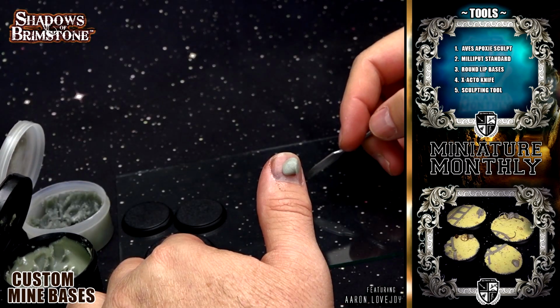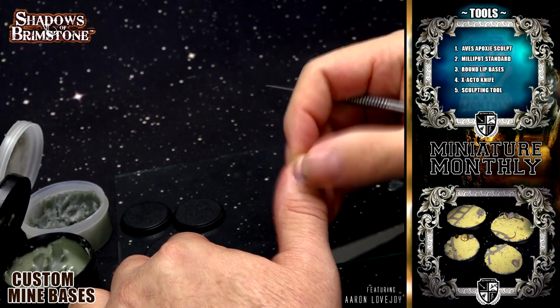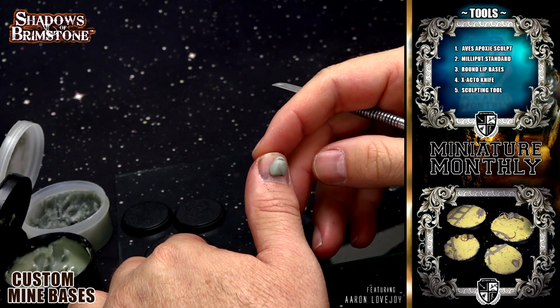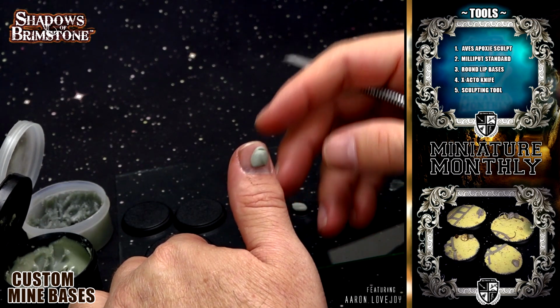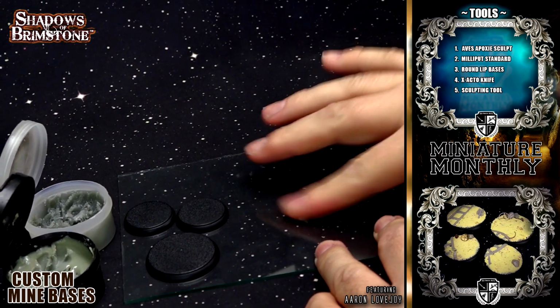I always put it on my thumb. It's a great place to hold it and kind of chop off stuff. Just don't forget it there. I've actually gone out running errands with a chunk of putty dried on my thumb. Looks like a big booger, and basically what we'll do is we'll just roll it